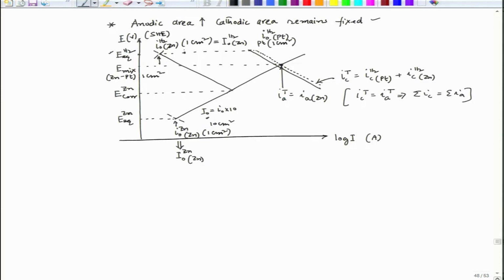Similarly, this also has an equal change: I0 hydrogen over zinc surface equal to I0 hydrogen into 10. So now we can draw that line